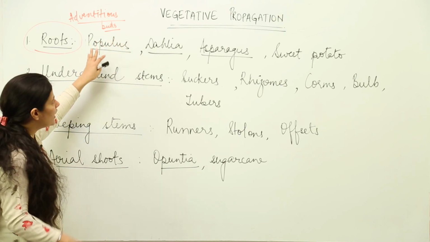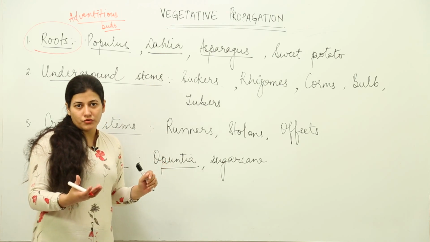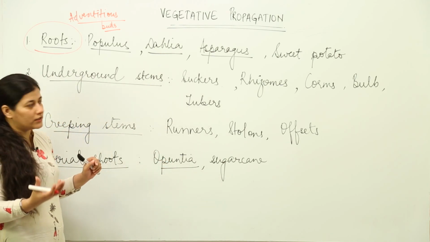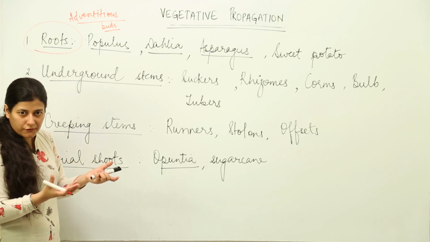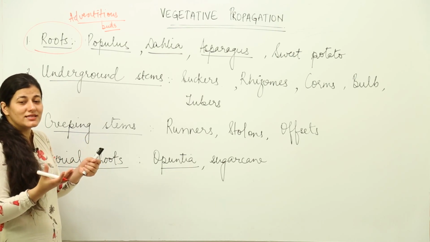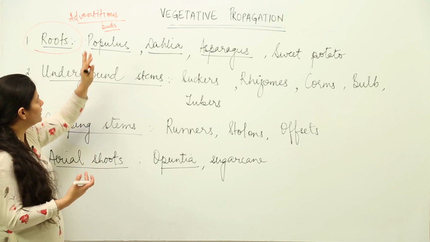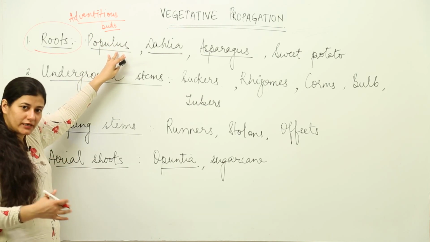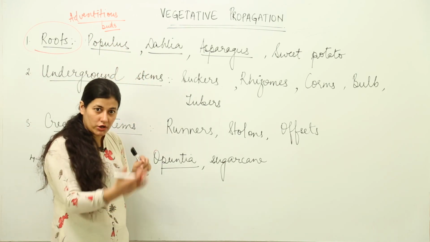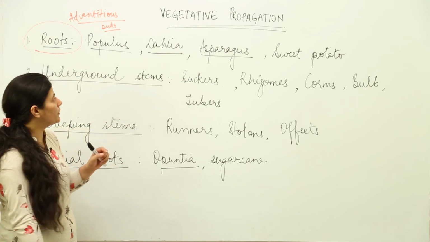That means a new plant with its own shoot system would emerge from the adventitious bud which is present underneath the soil, and we have the example of dahlia. Now, dahlia is a beautiful flower which you must find in gardens. In your own garden you can see it, that it is a large sized flower. And what happens is that a new plant can originate on its own because of the adventitious bud which is present in the soil, and that adventitious bud gives rise to a new plant, not the older one but a new plant. So, that is a method of vegetative propagation only.